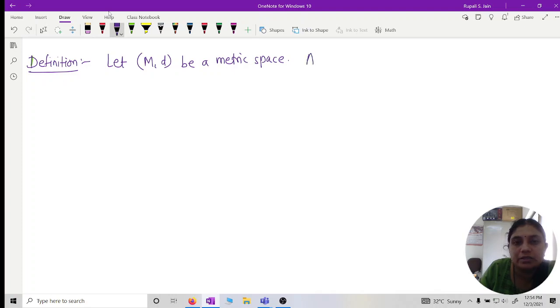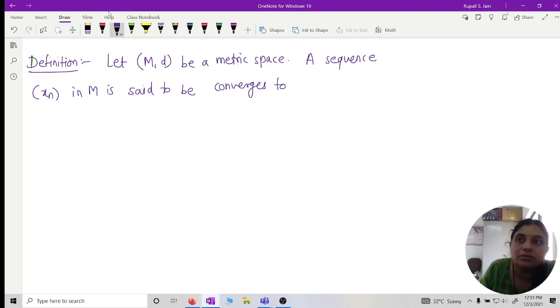A sequence xn in M is said to converge to x belonging to M if,